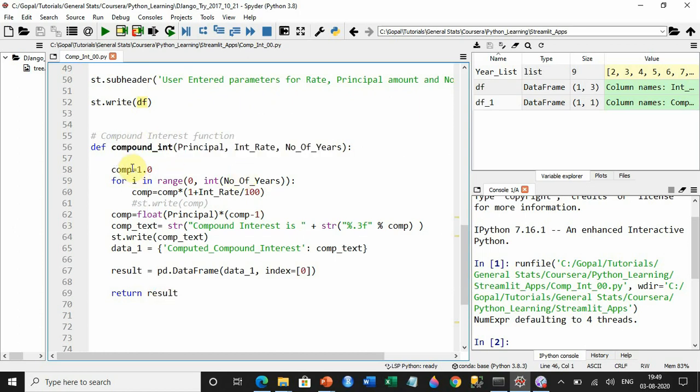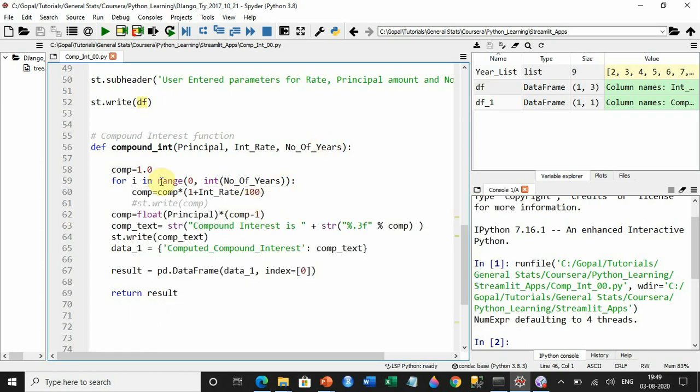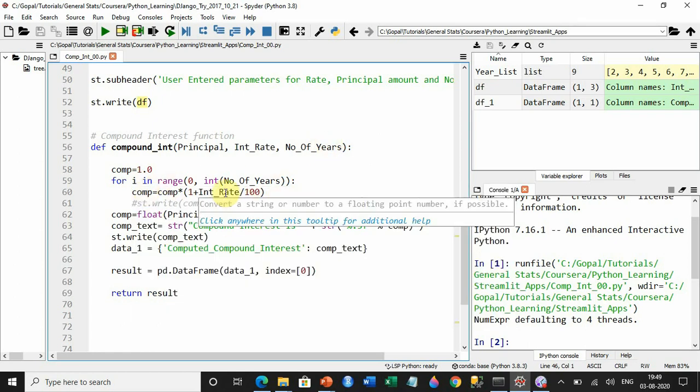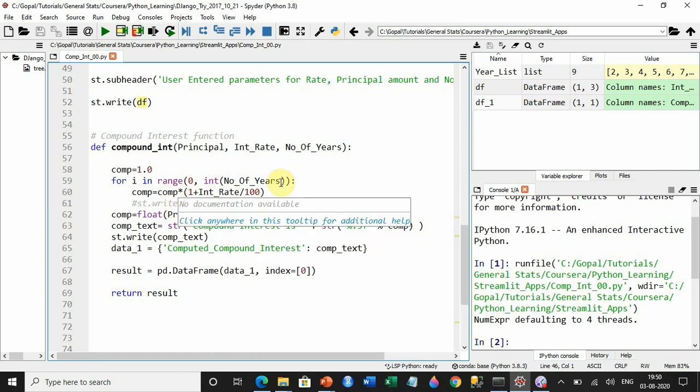So obviously as many times as the number of years, that many times you are iterating. If the rate is 10, then 1 into 1 plus 10 by 100, 1.1. Second time, if number of years is 3, then 1.1 will get multiplied by again 1.1, and third time is 1.1 into 1.1 into 1.1. That's how it is supposed to work.